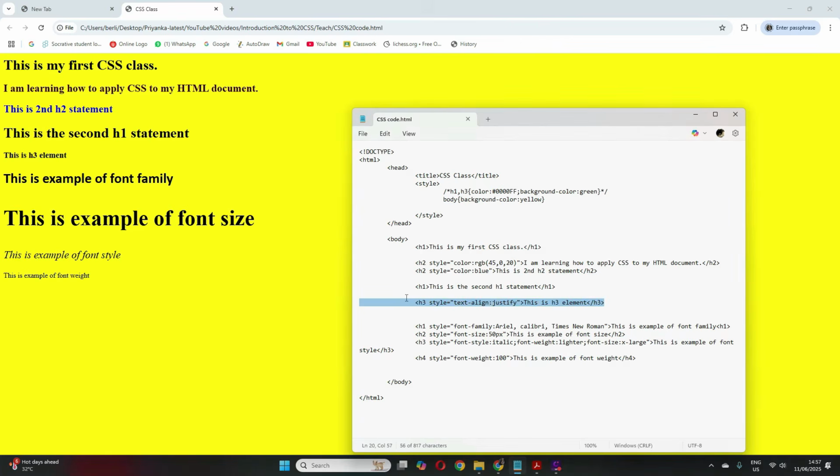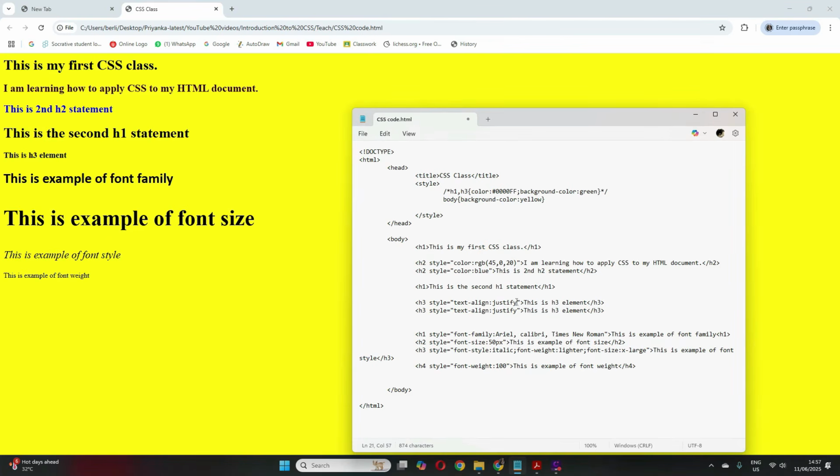I'll put it in an H3 element only. Let me copy this. Let me make it H4 maybe, so that we don't get confused. This is my H4. Now here I'll use text-transform.